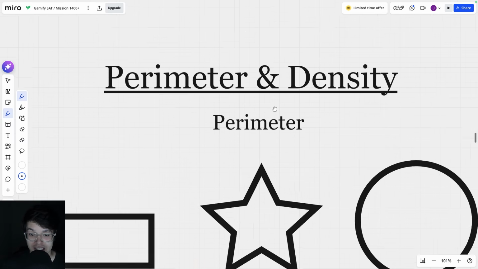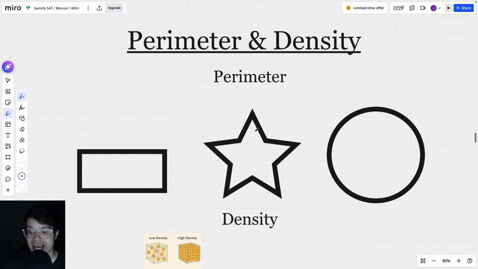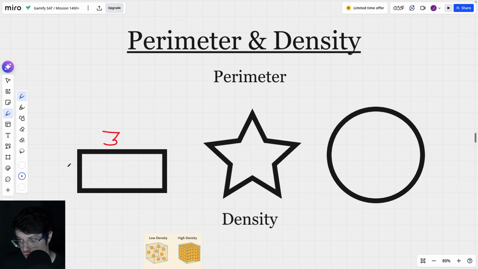What perimeter is: if you take any kind of two-dimensional shape, so any shape like these, and then count up the lengths of all of these sides of the shape and add them together. So for example, with this rectangle here, if this side is equal to 3 and this side is equal to 1, and then this one will also be 3 and this one will also be 1, you just add these together. 3 plus 1 plus 3 plus 1 would be equal to 8, and therefore 8 is the perimeter of